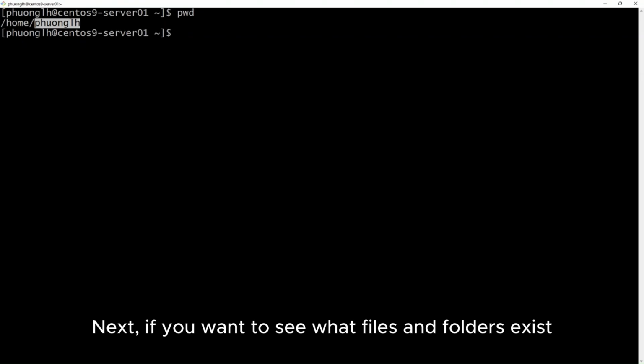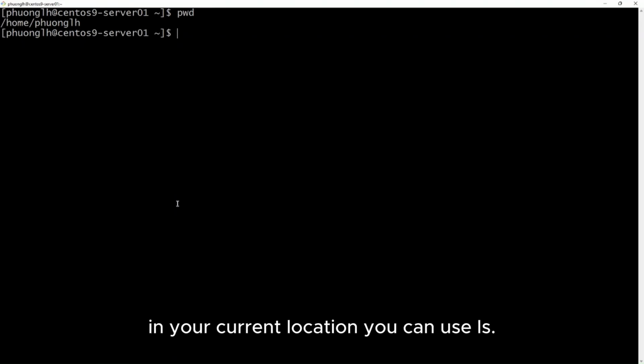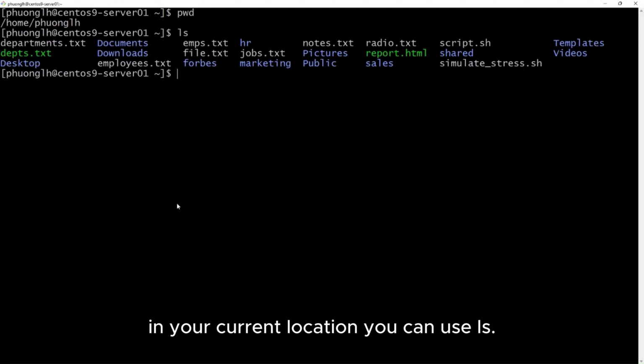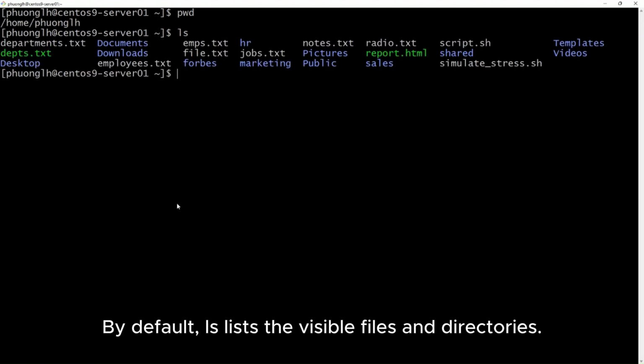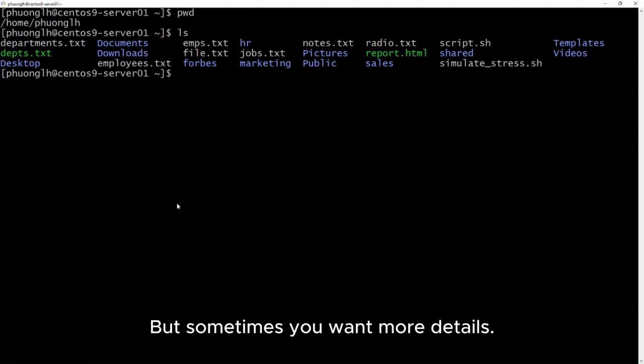Next, if you want to see what files and folders exist in the current location, you can use ls. By default, ls lists the visible files and directories, but sometimes you want more details.